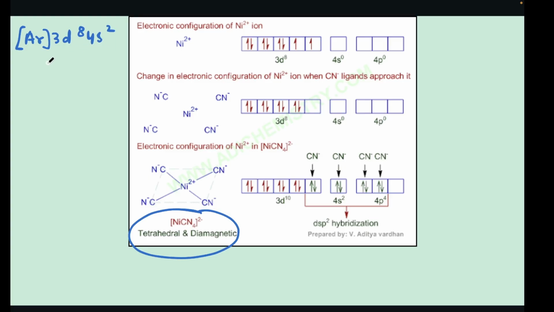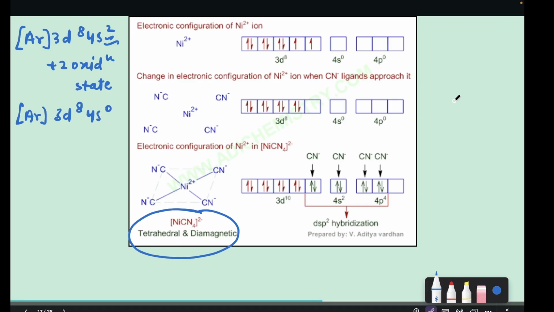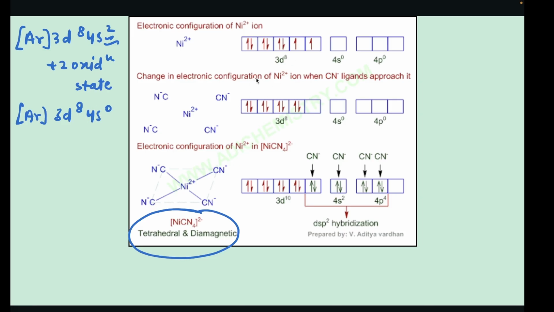So it has +2 oxidation state, and after losing these 2 electrons, it has electronic configuration like argon 3d8 4s0. Now these 3d orbitals rearrange like this, and nickel uses 1 d, 1 4s and 2 4p orbitals. These combine to form 4